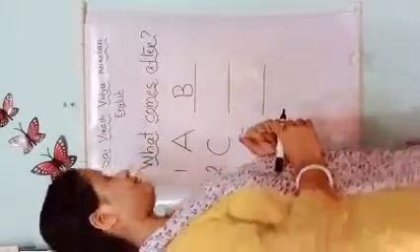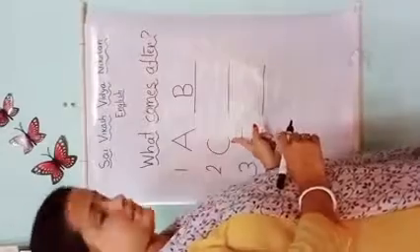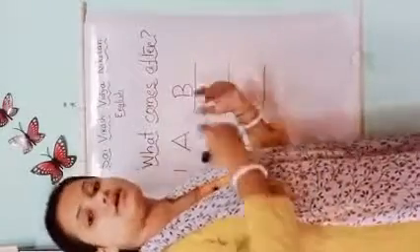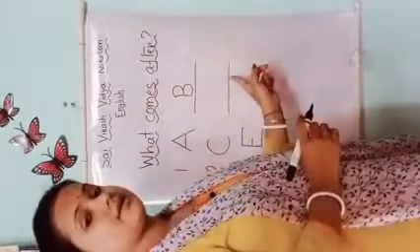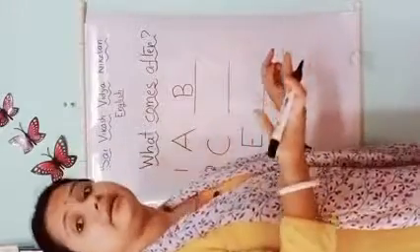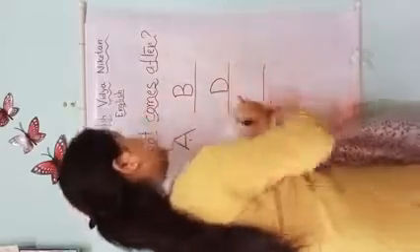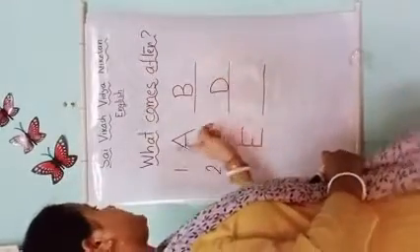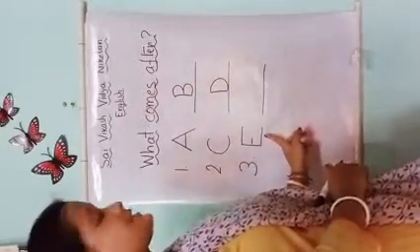Okay, understood? Similarly, this is capital C. So, after C, what letter will be here? What letter do we have to put here? After C, what letter comes? A, B, C, then D. Yes, very good. We have to put letter D because D is the letter which comes after C. A, B, C, D.